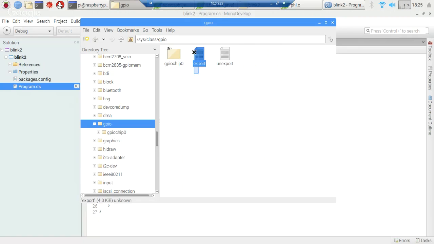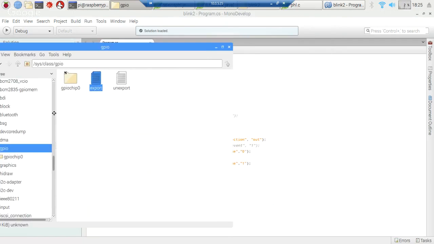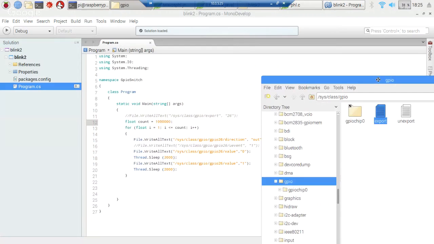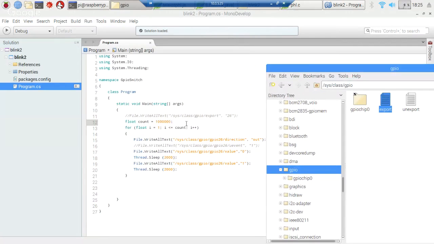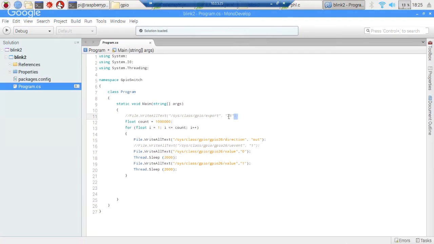So essentially, what happens is you'll write to this export file here. So that's what's supposed to happen with the code, right? As you can see, it's commented out now, but the plan was to write it here. But what ended up happening is, I don't know if it's because everything was happening so quickly or what, but when you write it with the C sharp code, it would not give itself permission to write to the file. Maybe it was a Linux thing or what, but